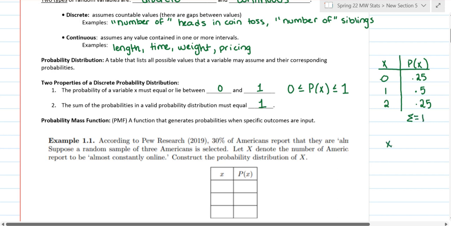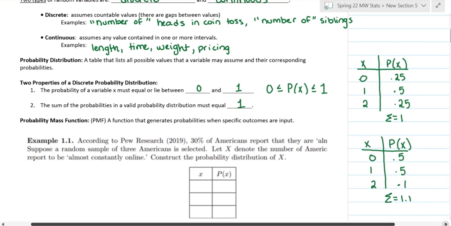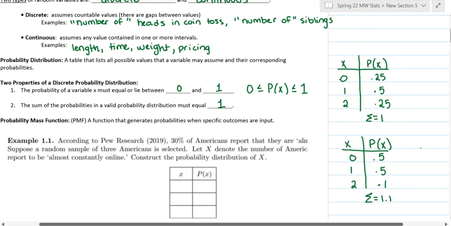Let's say you have maybe like this, 0.5, 0.5, 0.1. Well, the sum of that is 1.1. So that is not a valid probability distribution. Or if you saw something like this, let's say negative 0.25,